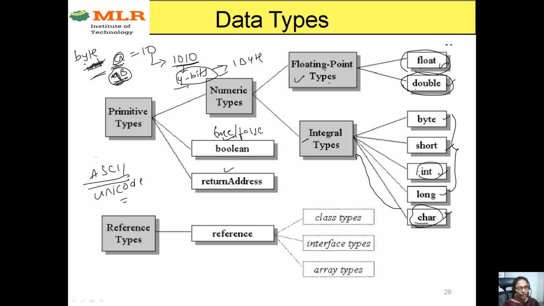In ASCII we have only 0 to 127 codes, but in Java a character takes 2 bytes of memory. 2 bytes means 16 bits. So it will take 0 to 65,535, so we have 0 to 65,535 characters.